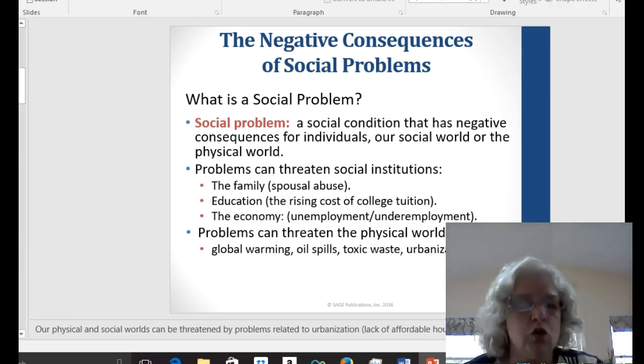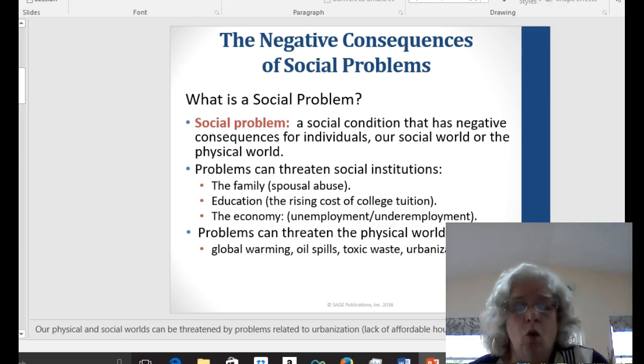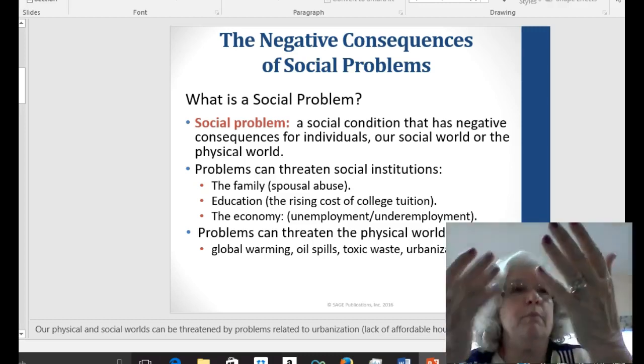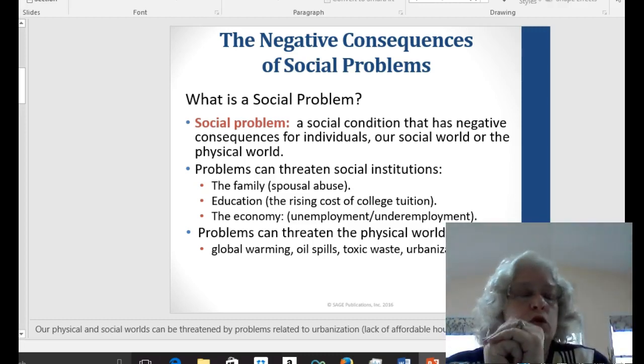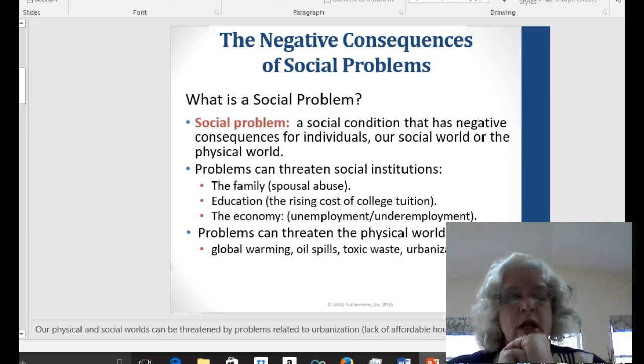Problems can threaten social institutions: the family when we look at spousal abuse, education with the rising cost of tuition, or the declining support of educational institutions by states, or we can look at the changing role of the student-teacher relationship. Economy: unemployment, underemployment, big issues that we face, or the fact that more people are working at lower wage jobs